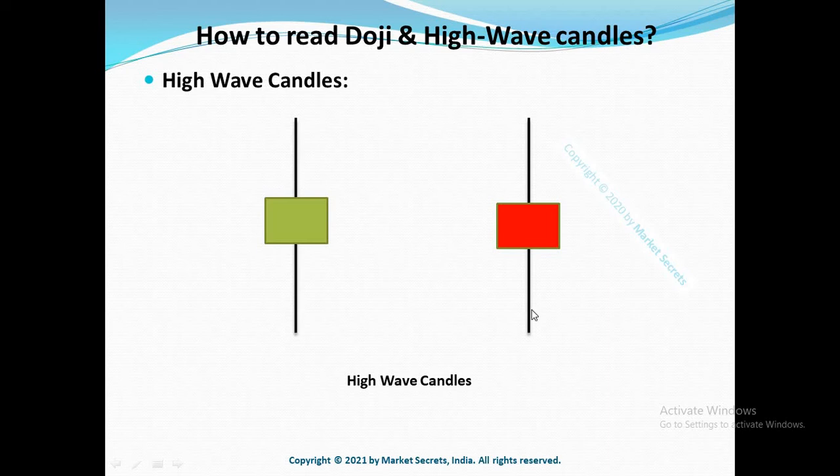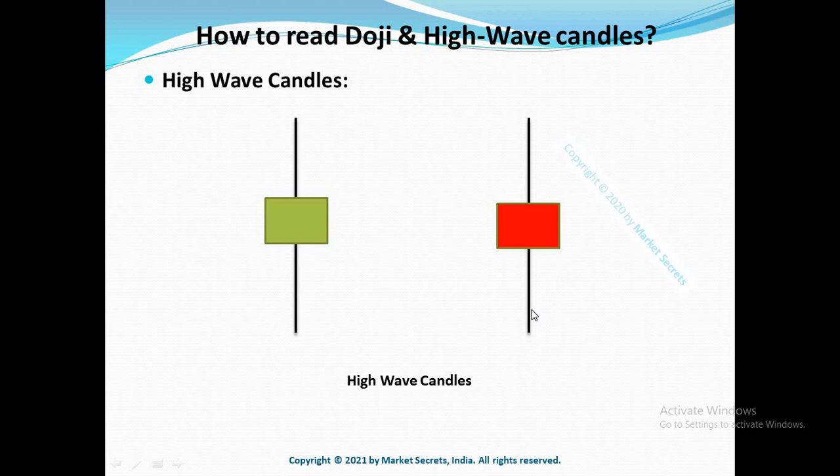So why did we go for a separate episode for high wave candles and doji candles? The answer is simple. A lot of people just study the basics and they will take doji as a sign of reversal and they will blindly trade it. But you are not supposed to trade it that way. Whenever you look at doji or high wave formations going forward, do not just blindly think it represents a reversal in the market or even whether it represents an indecision in the market.